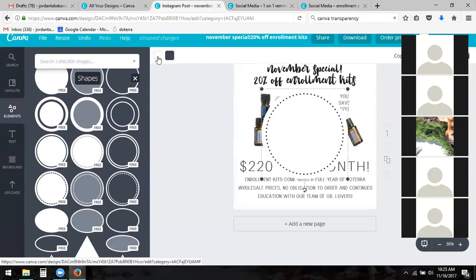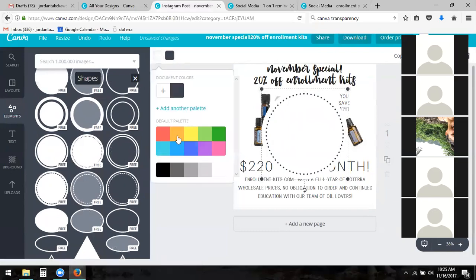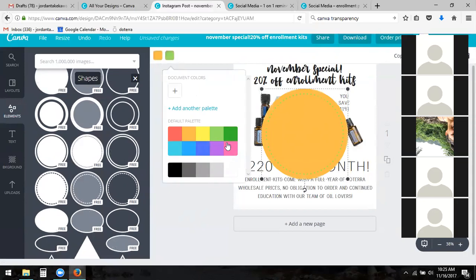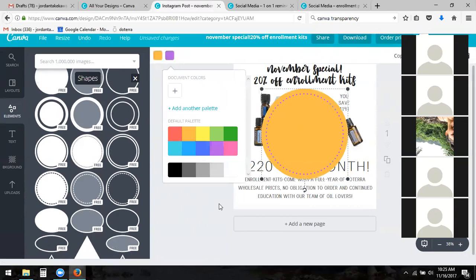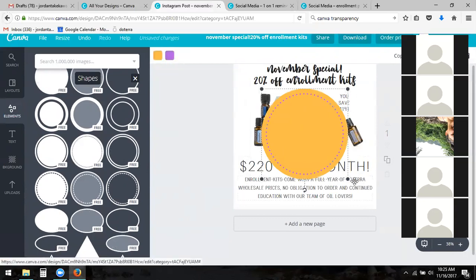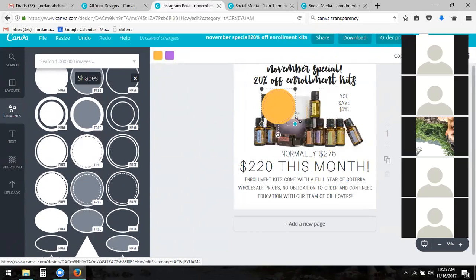The white, I'm gonna do orange. The dark gray dots, I'm gonna do green. Nope, that's too bright. I'm gonna do purple. Yeah, that's better. Okay, get their attention, put some colors in it,